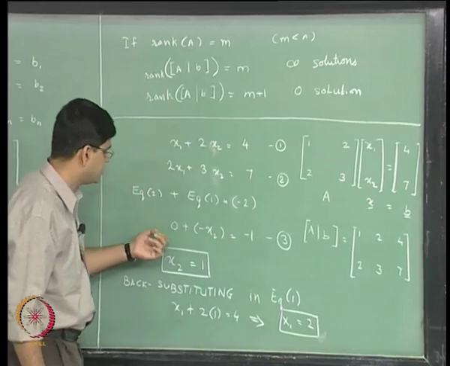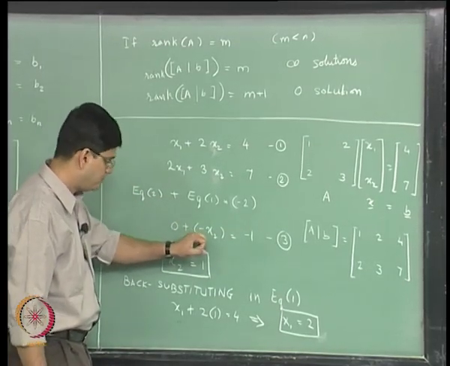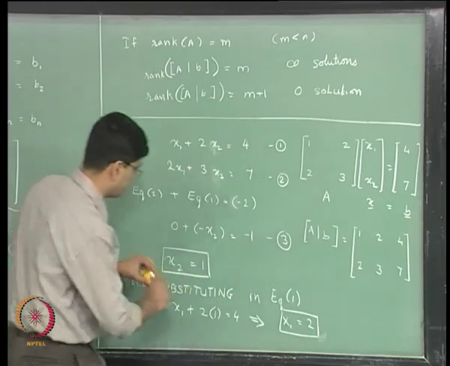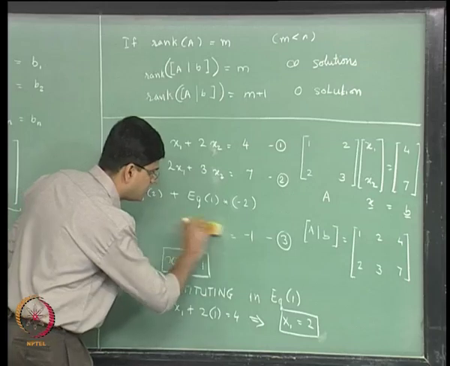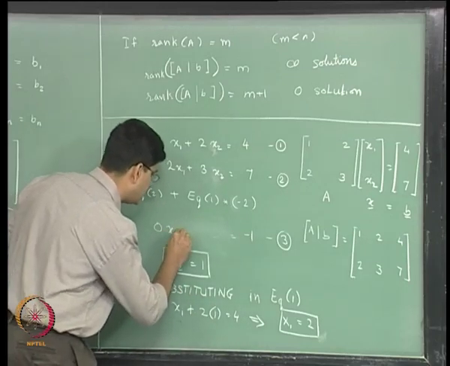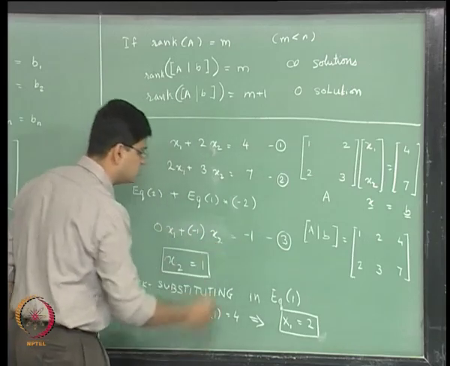basically a vectorial notation, in a matrix notation, it is going to be 0 multiplied by x1 plus minus 1 multiplied by x2 equal to minus 1. So I will erase this equation and write it in a different way, it is 0 multiplied by x1 plus minus 1 multiplied by x2. So,